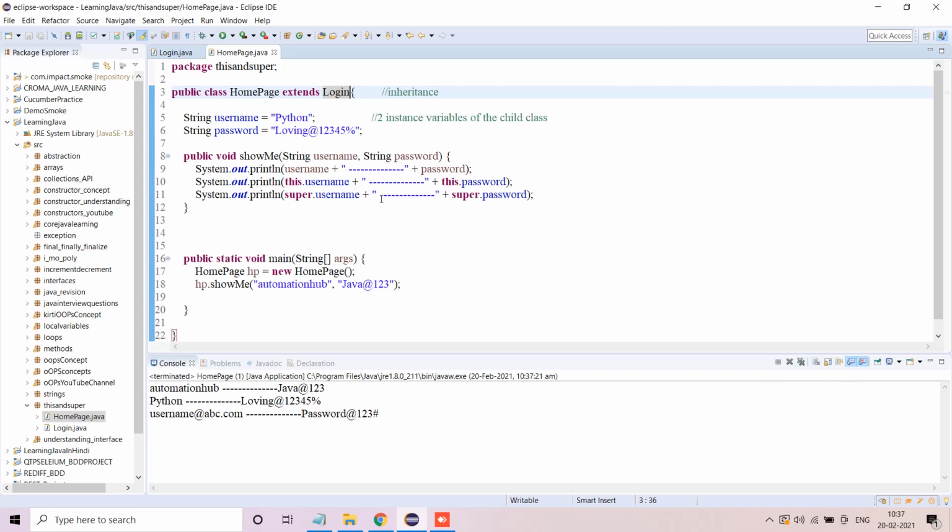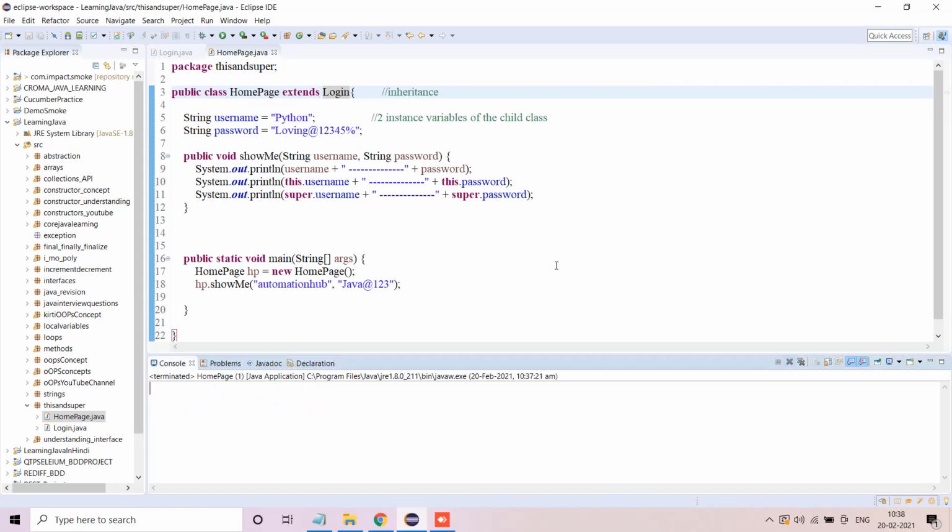Of course, in the next video, I'll tell you what is the difference between this and the super keyword in a much more elaborate way, and how super keyword does not only work on instance variables of the parent class, but also you can call methods from the parent class, as well as you can also invoke the constructor of the parent class. And even if you don't invoke the constructor using the super keyword, by default JVM will invoke it. So whatever it is, we'll see.